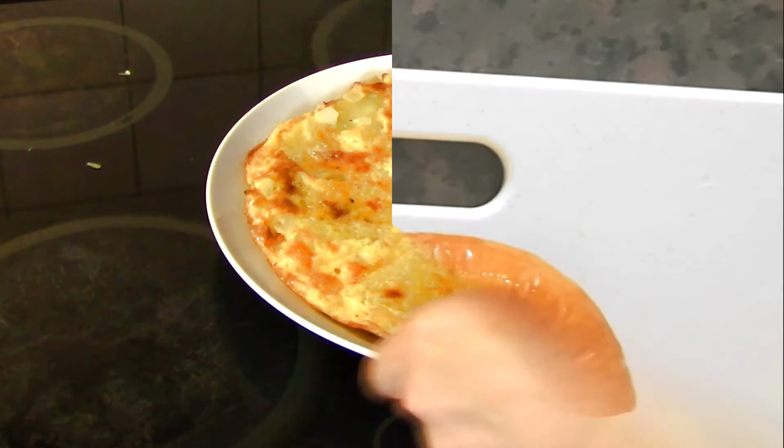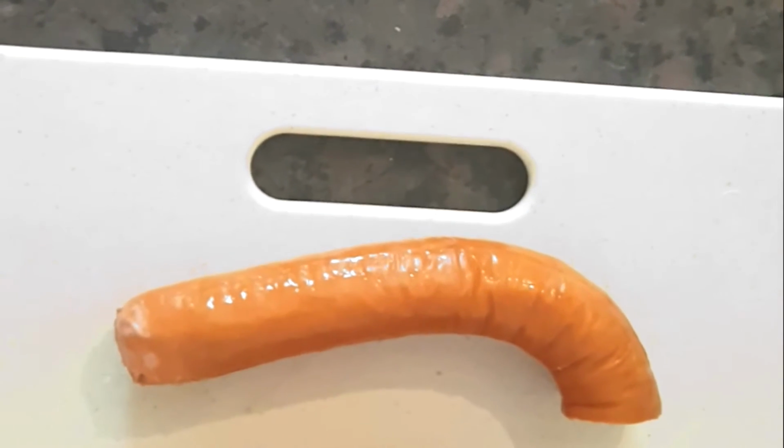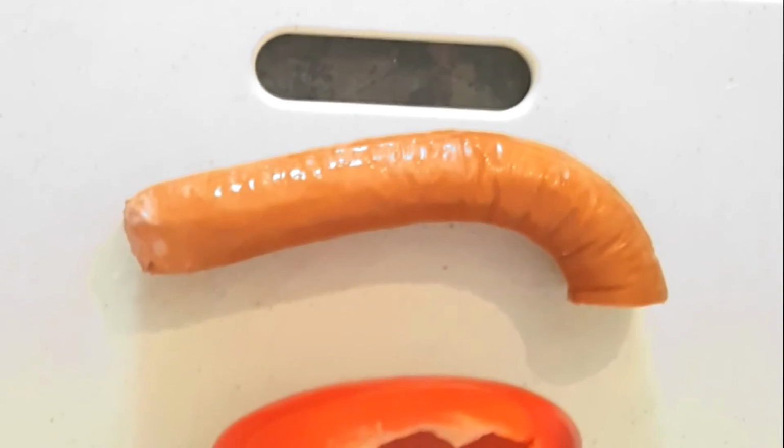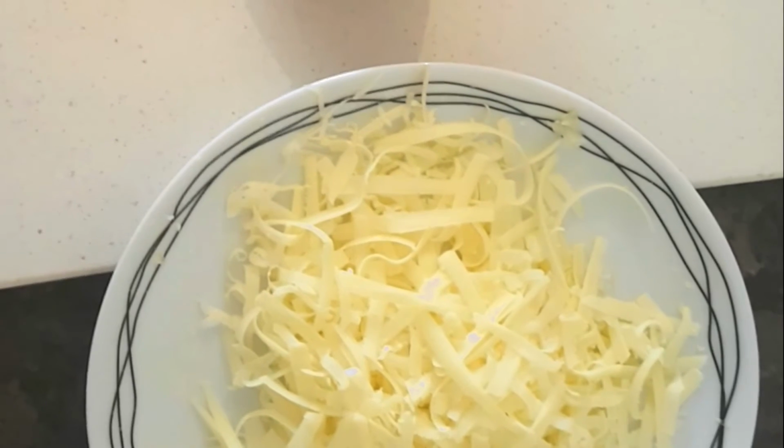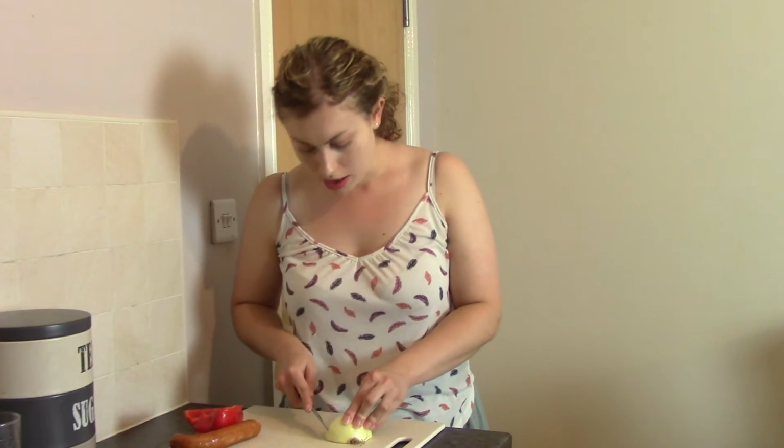On to number 2. So for frittata number 2, we are adding 100 grams of smoked sausage, half a red pepper, half an onion, and again 50 grams of grated cheddar cheese. So I'm going to dice up the onion as before, and as I do, I'm going to give you my